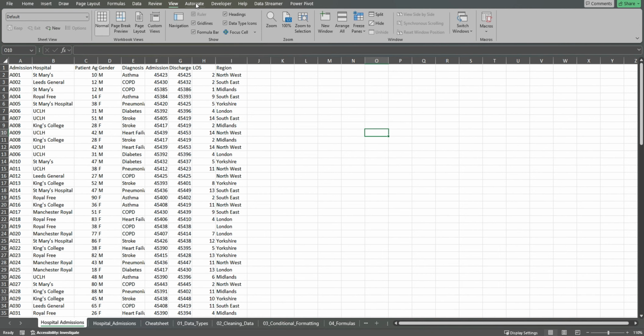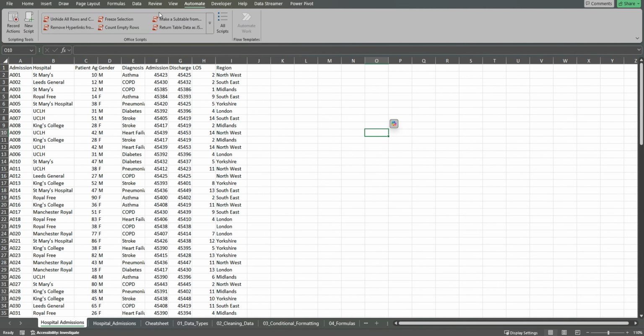different section as well. Automate gives you some of the Office Scripts that you can apply, and you can also modify any of these, but it just allows you to use Excel more as a tool and do all sorts of different things to it. It can even record your actions as you do something and then create the script for you to rerun at